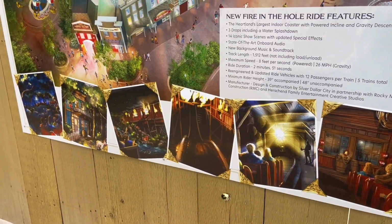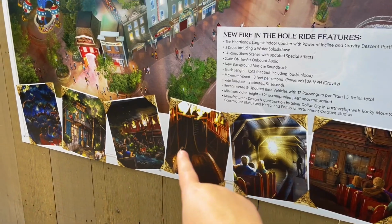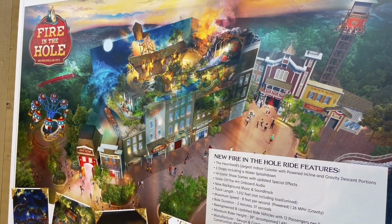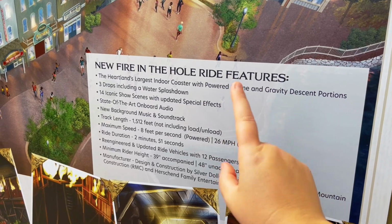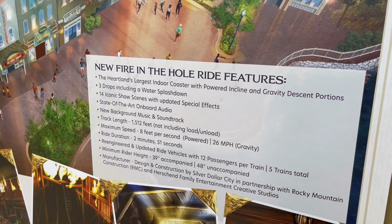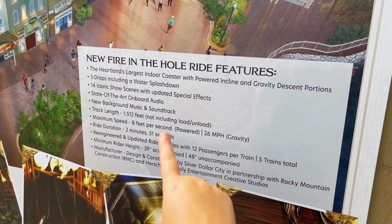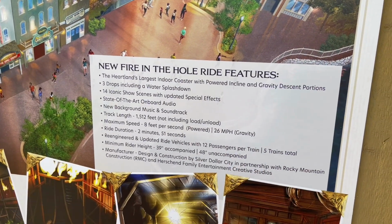Look at this guys, they have some photos that they have created of what it's going to look like inside. They also have the big overall mock-up of what it's going to be looking like whenever it is complete, and then all of the specs for the ride itself, which include 3 drops, 14 iconic show scenes with special effects and all the audio specs and things like that. It's going to be 2 minutes and 51 seconds, and they're going to be running 12 passengers per train, 5